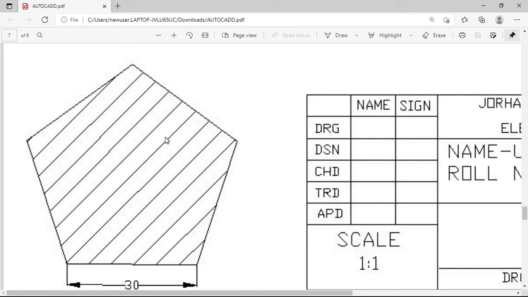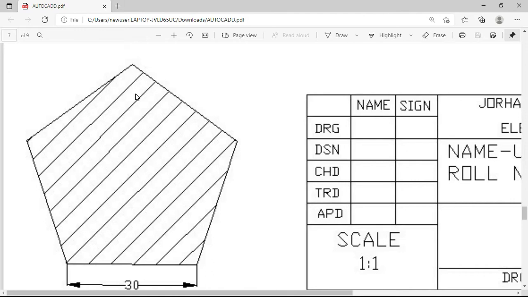Based on the requirements, you can give any hatching. There are lots of hatchings available. The type of pattern and pattern variable can be chosen from the library of patterns available. The hatching will be carried out inside a closed defined area.